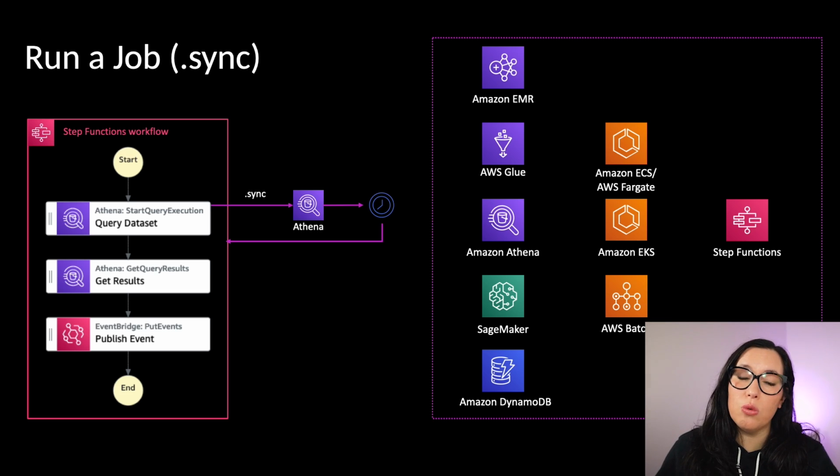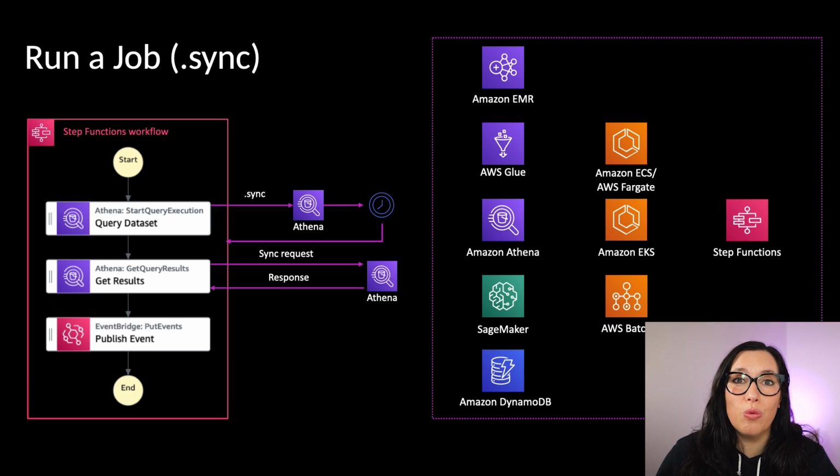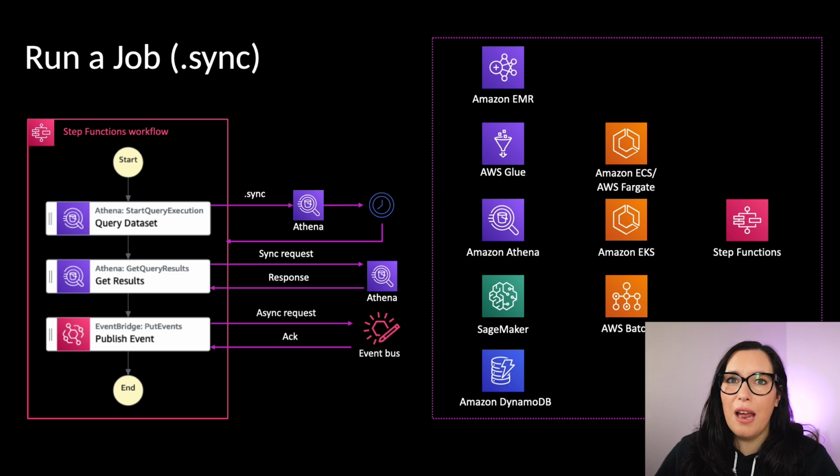So now Step Functions will call that API to query the dataset with .sync, and it will call Athena, and the step function will pause until the Athena service completes its request. When Athena completes, the workflow will start again from the next step, in this case to get the results. That is a synchronous call, typical request-response. It asks for the results, it gets them in the output. And then finally we call EventBridge and we put an event in an asynchronous manner, but again it's using